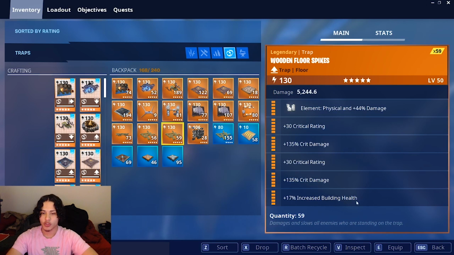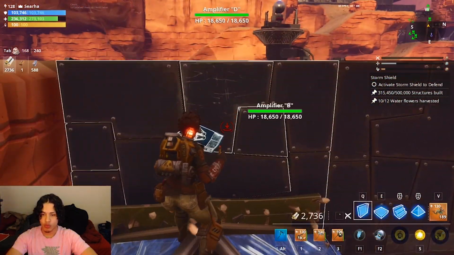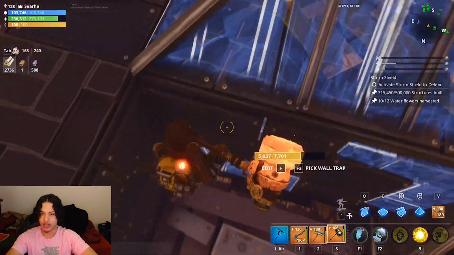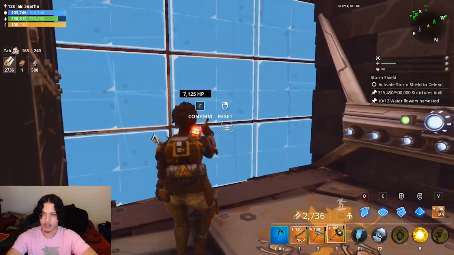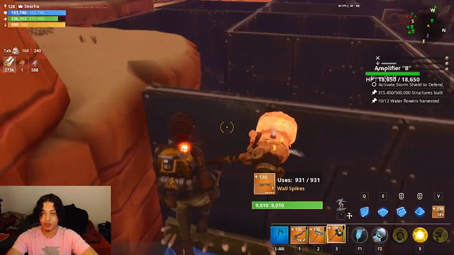Preferably your wooden floor spikes. It should always have building health. And then you're going to put a pyramid and then a wall with wall spikes with building health. The same with the one down here. This wall spike has building health because you need the block off to be as strong as possible so they don't walk through here. And then at this point, the tunnel is...